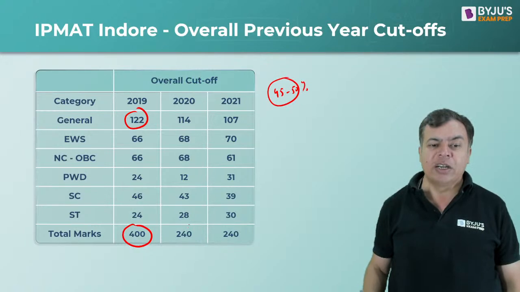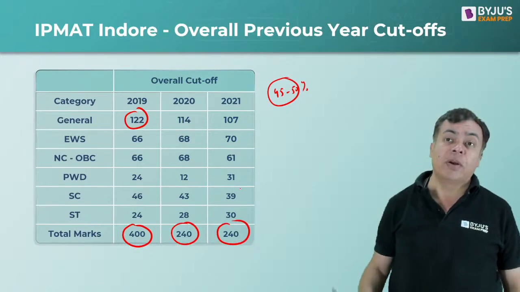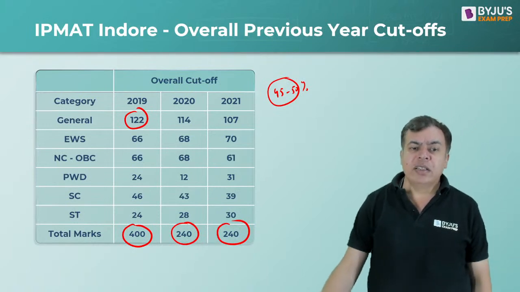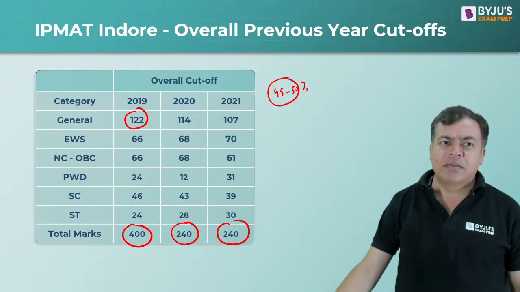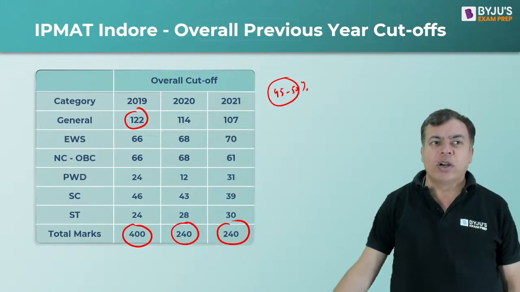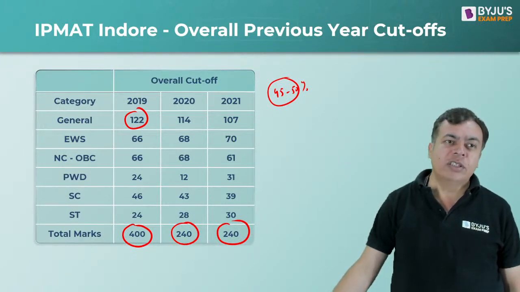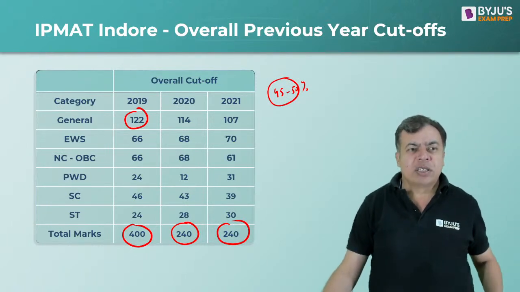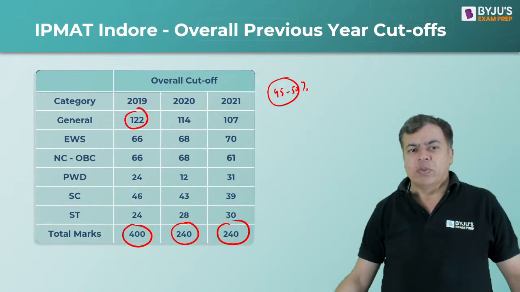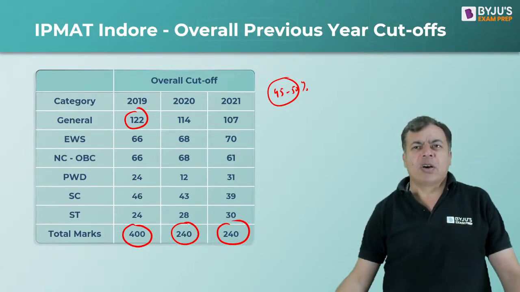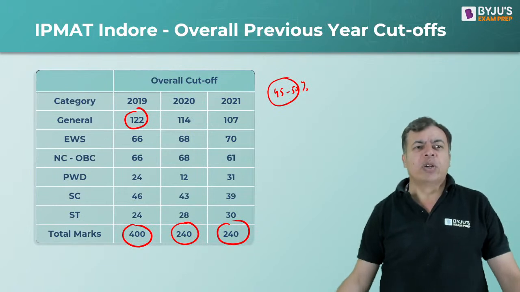This means this reduced number of questions, when the number of questions were only 60, right? Then the cutoff went a little higher. Okay, but when it was that 100 questions, the 400 marks, that pattern, right? You can see that the cutoff was only 122, right? When I call this cutoff, overall cutoff and sectional cutoff, that means you are going to be called for interview.